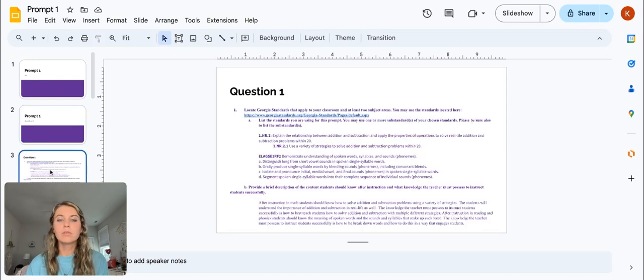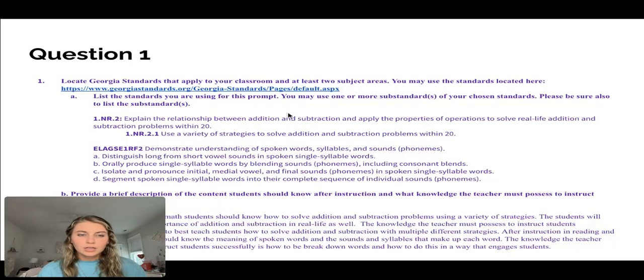Alright, so question 1 was the question that asked about the standards that we are using, and I chose to use the math standard for first grade, and it's the one that says explains the relationship between addition and subtraction, and apply the properties of operations to solve real-life addition and subtraction problems within 20. And the substandard I used was use a variety of strategies to solve addition and subtraction problems within